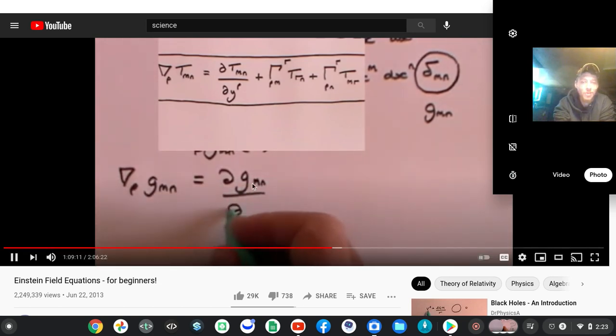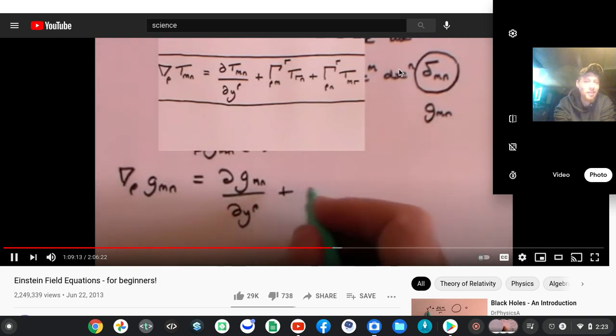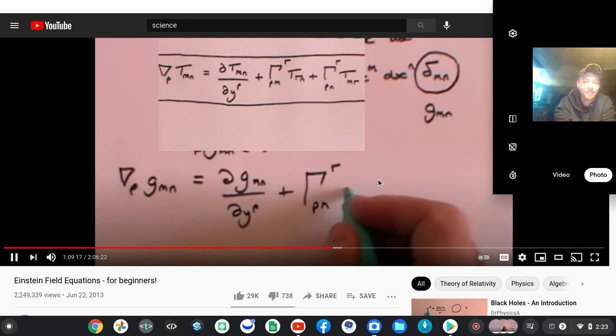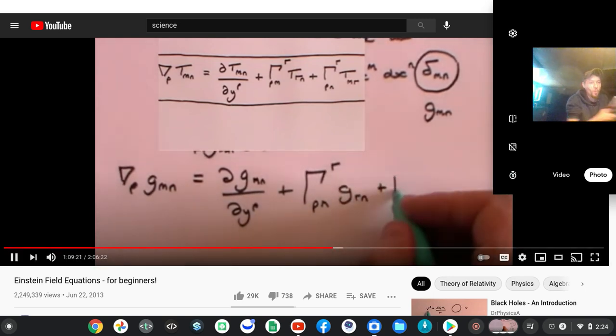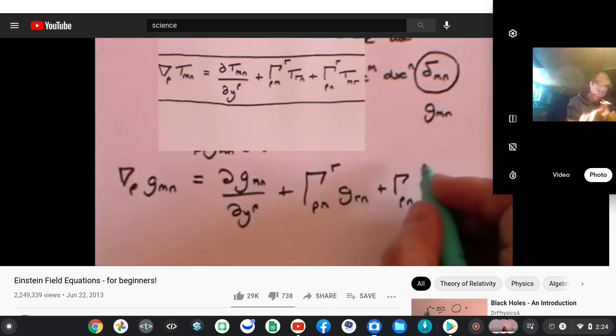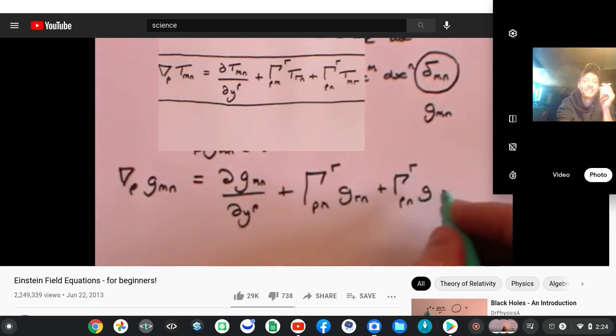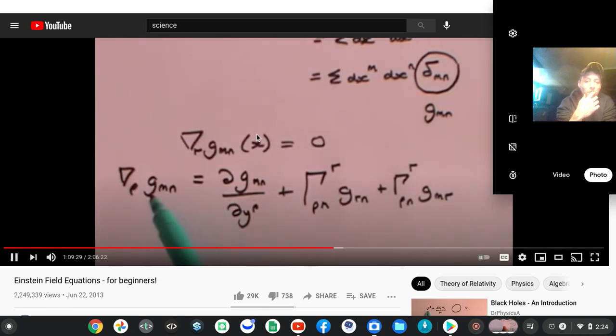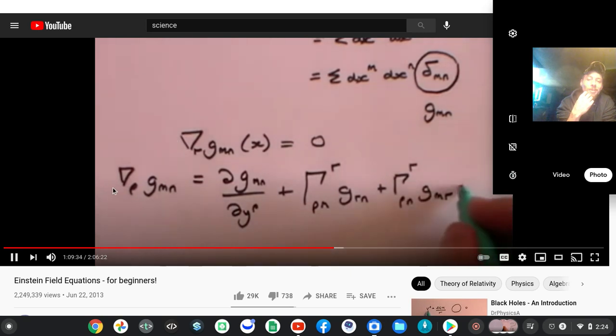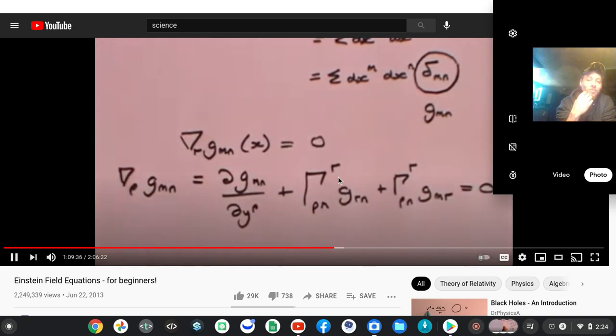So I'm going to get dG over dx p plus the Christoffel symbol, p m r of g r n, plus the Christoffel symbol p n r of g m r. And what I can now tell you is that the covariant derivative equals 0, so I would just put that 0 up there, change x over to y, and set that equation